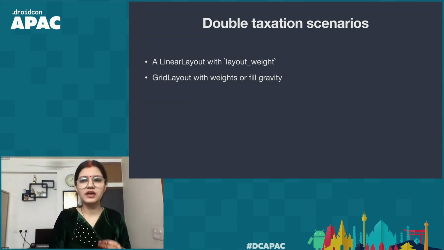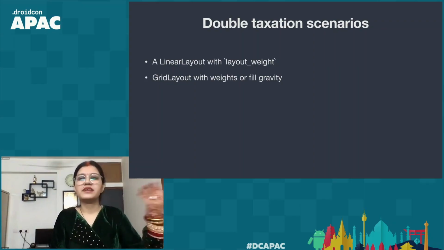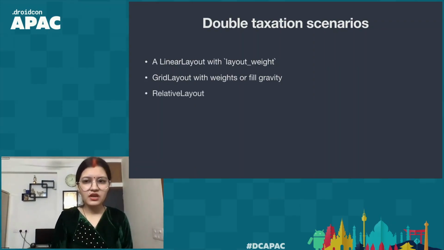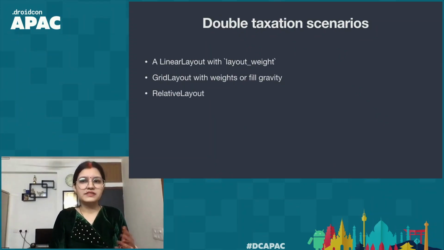Another thing is grid layout with weights or fill gravity. Grid layout again is a very performant layout in itself, but when you add weights to it or use fill gravity, it loses all those performance benefits and again takes more than one pass, again leading to double taxation. Relative layout, as you all might know, always takes more than one pass to render the elements on screen.